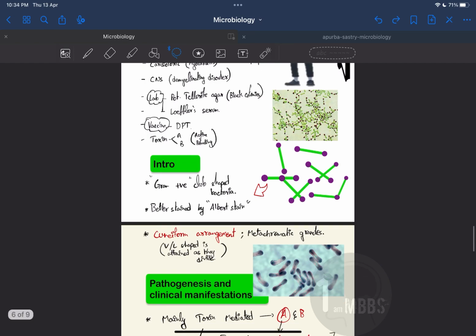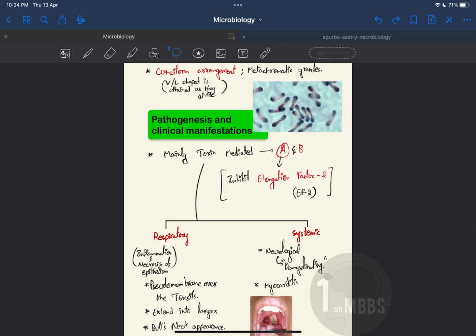Yeah, and the metachromatic granules, as you have seen. When it comes to pathogenesis, it is mainly toxin mediated, as I have told you, and it is rarely whole bacteria mediated. The clinical manifestations are mainly caused by the toxins, which have an A and a B part. The A part inhibits the elongation factor EF2, which inhibits protein synthesis,